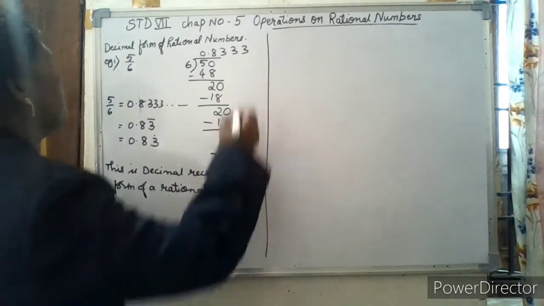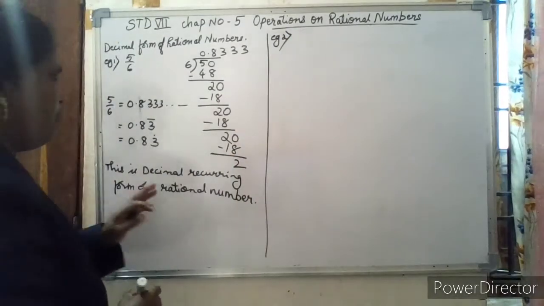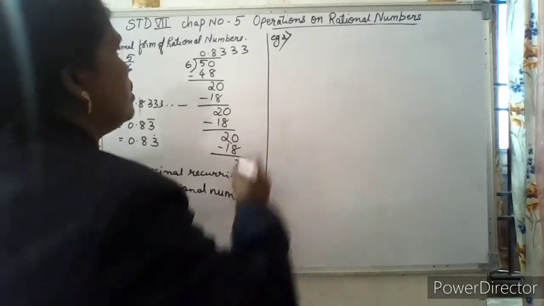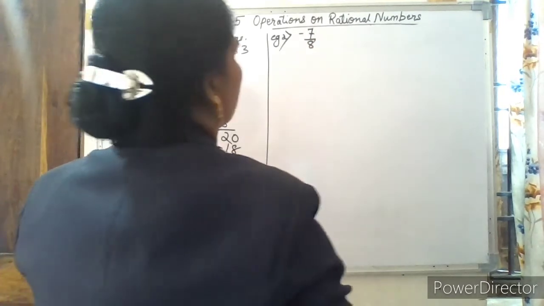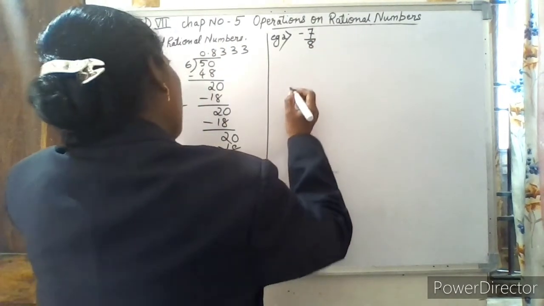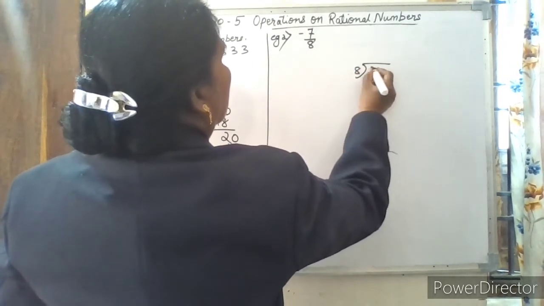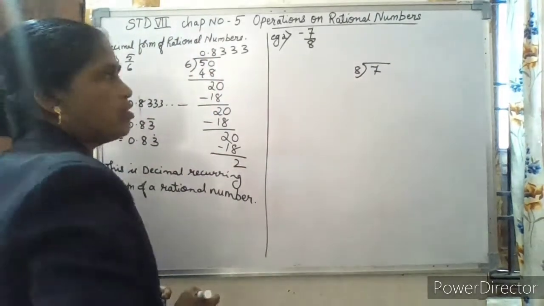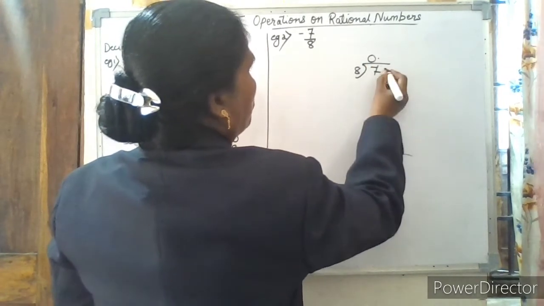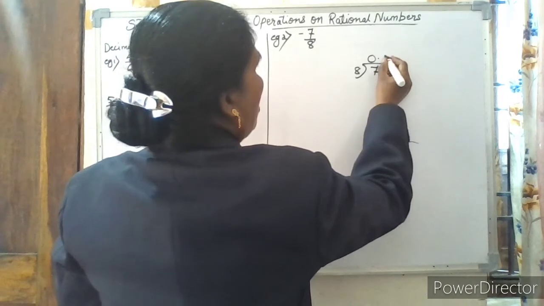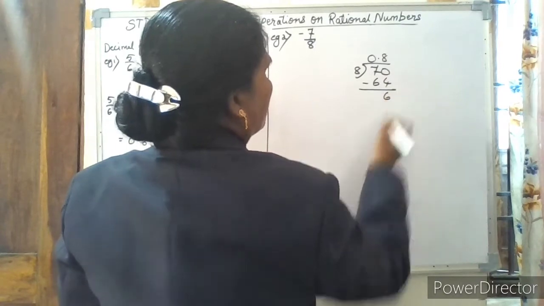So one more example, example 2. It is not necessary that every time it will give you the recurring form only. So I have taken an example as minus 7 by 8. Now, look at this one. 7 is divided by 8. So, again 7 is less than 8. Take a 0, put the point and take a 0. 8 8s are 64, very near. So 6 is the remainder here.